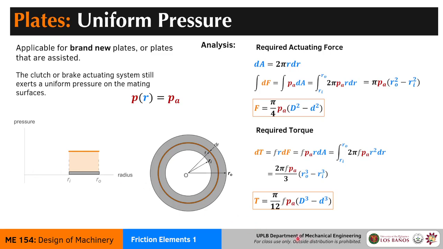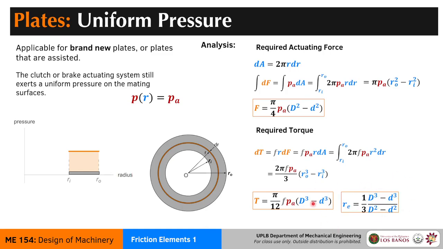Also, there's a quick trick here. If you solve for the torque first and then you want to go to the force, there's a shortcut. So just recall that torque is equal to force times radius, right? And if you recall, torque here is some radius times the friction force. So it's friction factor times this. So the R that you need here is what we call the effective radius. And if you want to go from the torque to the force, just use this effective radius formula.